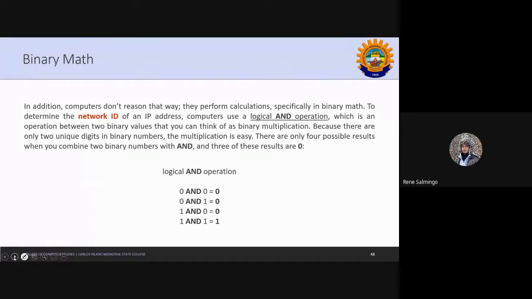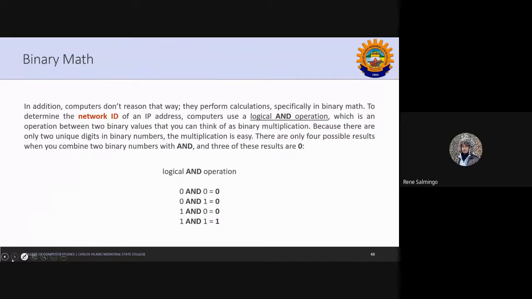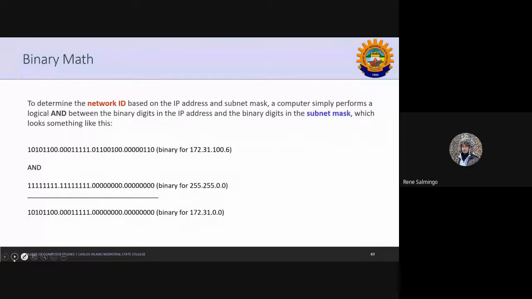In either case, 1 and 0 is 0, 0 and 1 is still 0, and 1 and 1 is 1. So that's how you calculate for the logic AND. And to determine the network ID, that is based on the IP address and subnet mask,